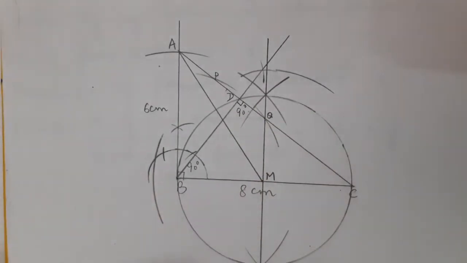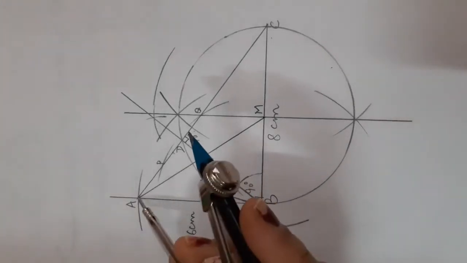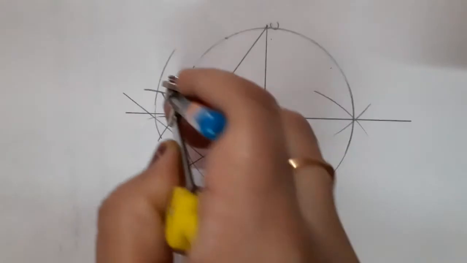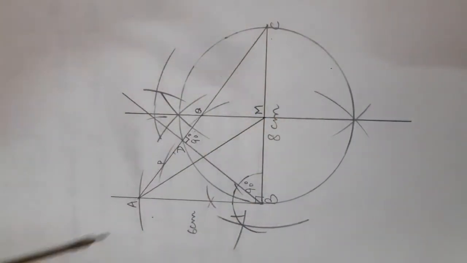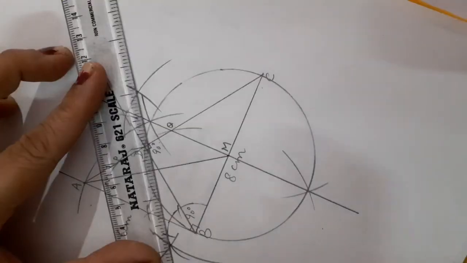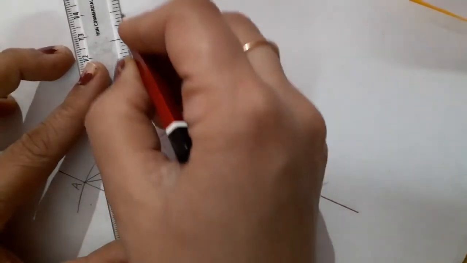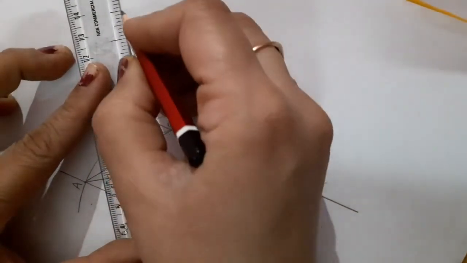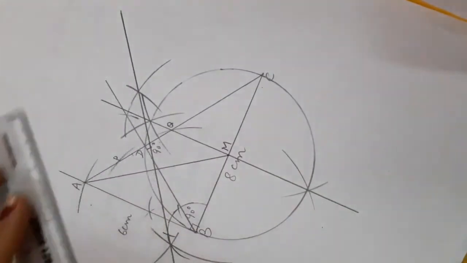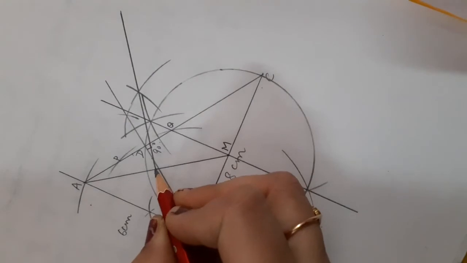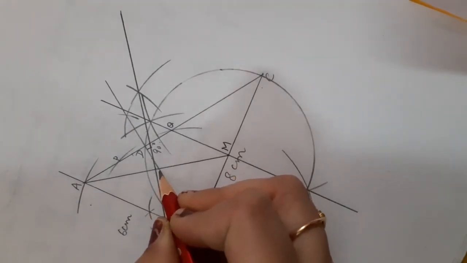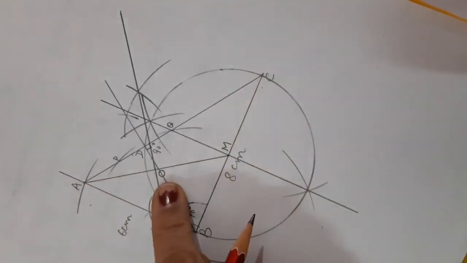Fine. Now children, while taking A as center point, I am just going to cut the previous two arcs. Clear? Now let us join both of them. I am just going to make it dark so that you can come to know. So here I have got one more point. Let it be point O. This is the new center point.